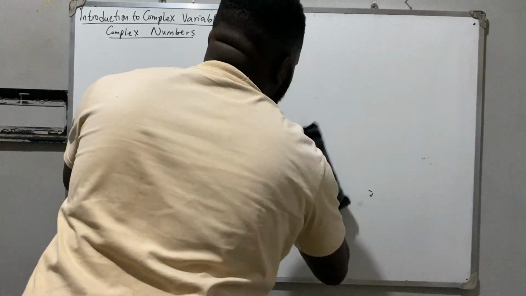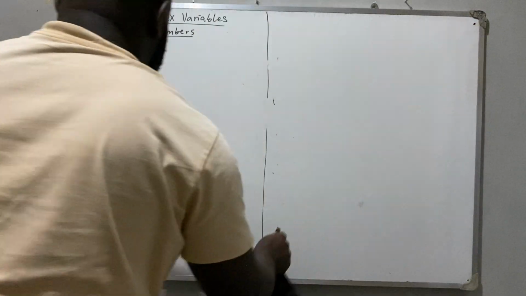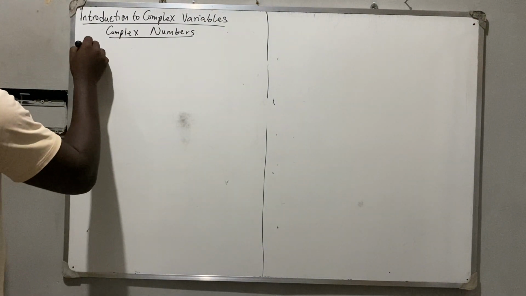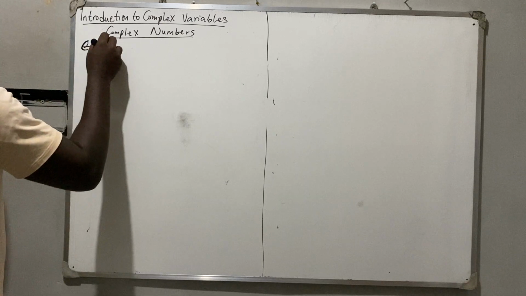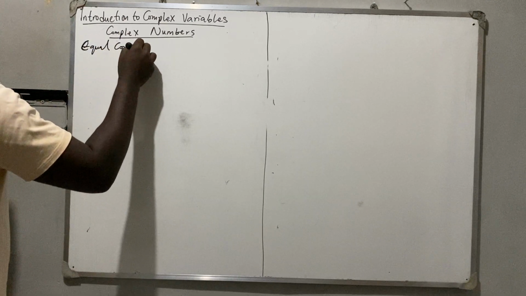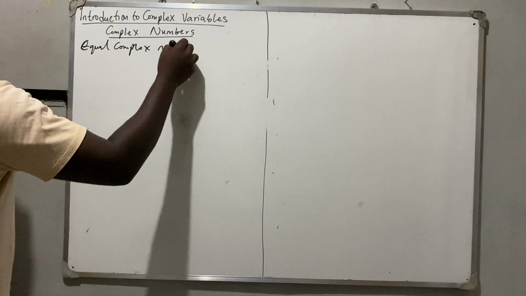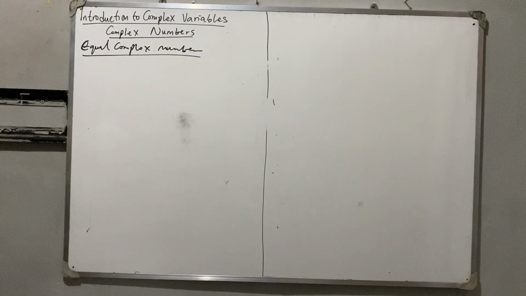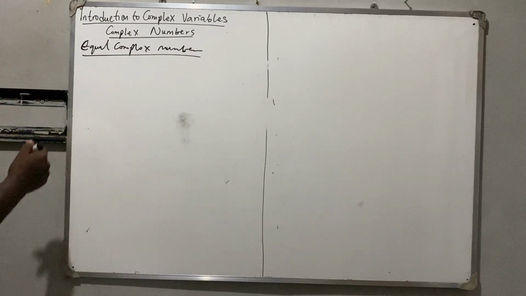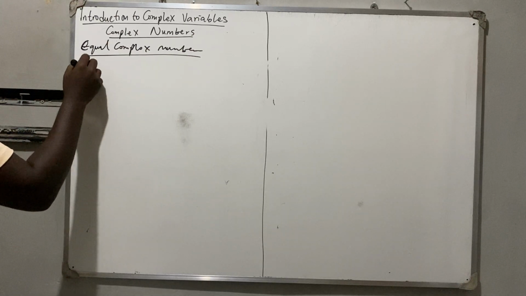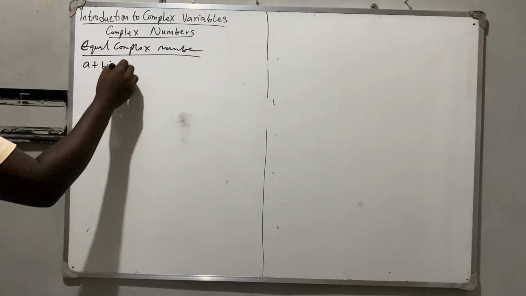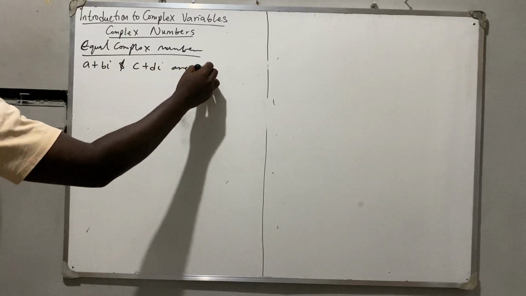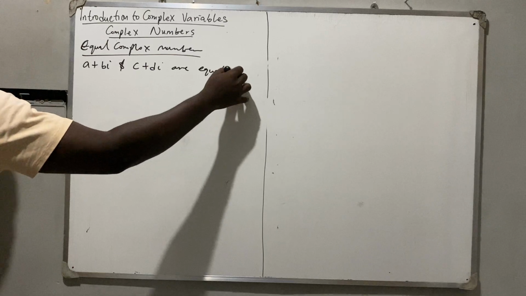A subheading you write for me: equal complex numbers. Now, when do we say that two complex numbers are equal? You will say that two complex numbers, a plus bi and c plus di, are equal if and only if